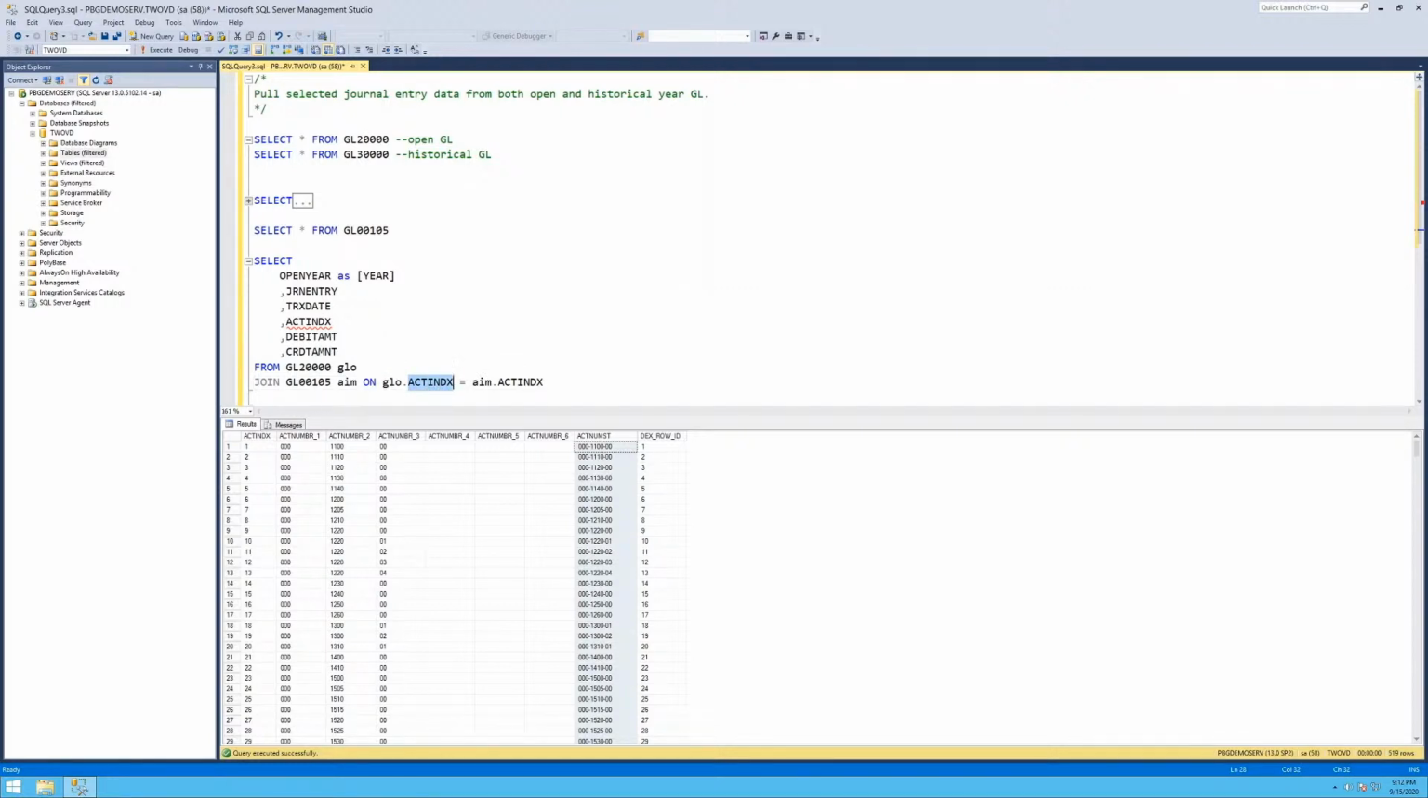So this join is joining the GL20000 table to the GL00105 table, where the GL account index is equal to the account index master account index. One of the results of this is that you see we have our little red squiggly line underneath account index in our column list. The reason for that is that SQL